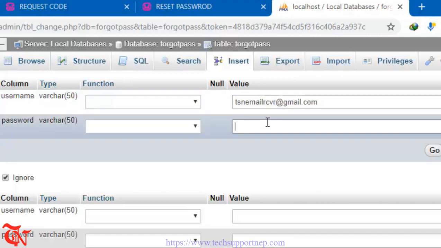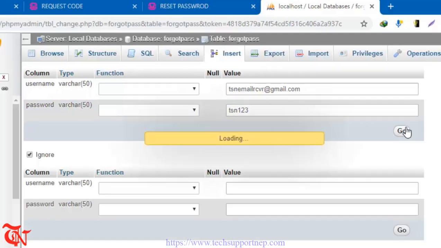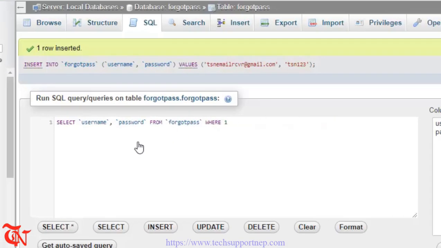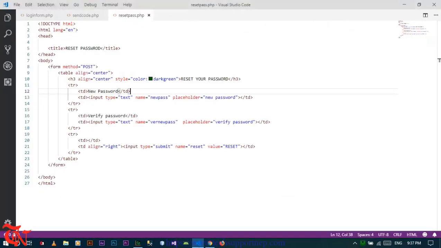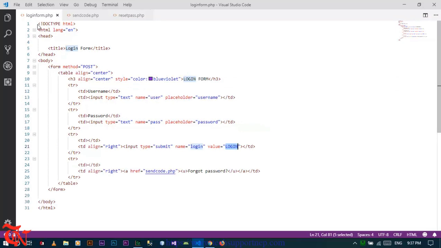And the password is tsn123 and then click go. Now click this select asterisk or select and simply copy this query. Now go back to VS Code and we are going to write the code for login. So here is login form, and here